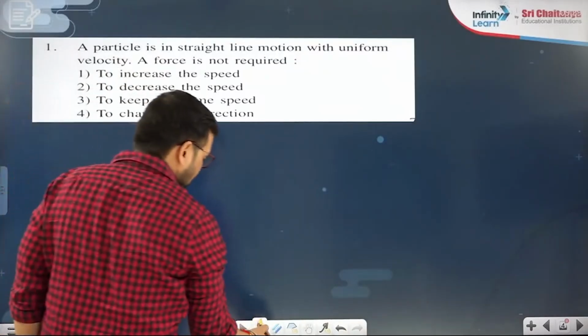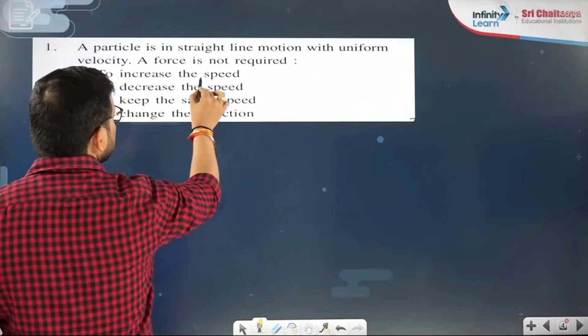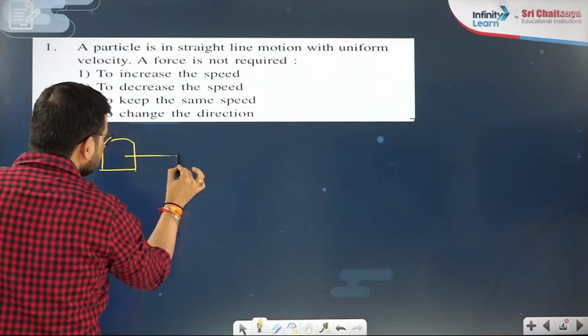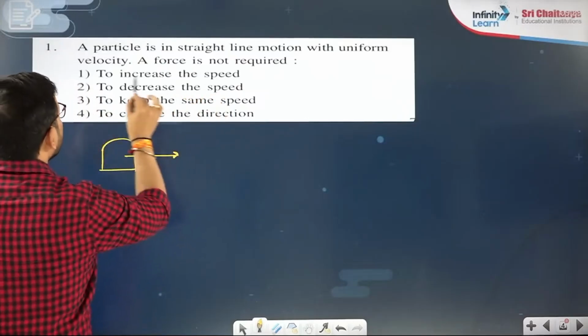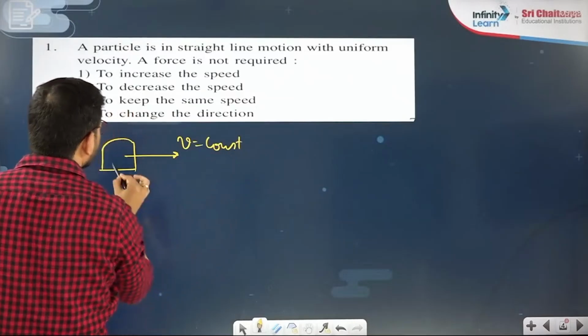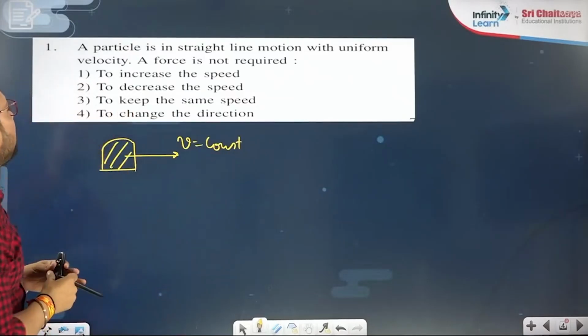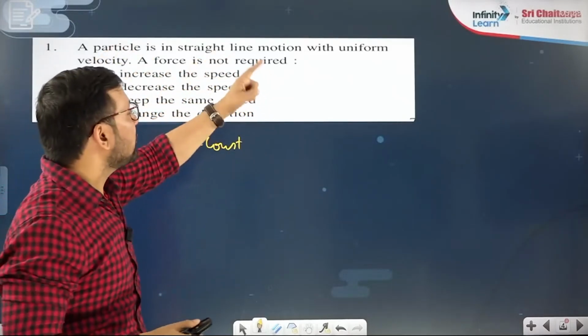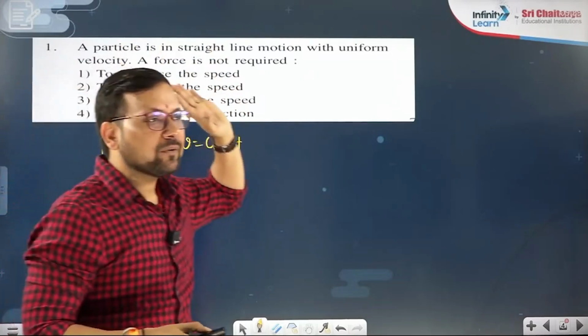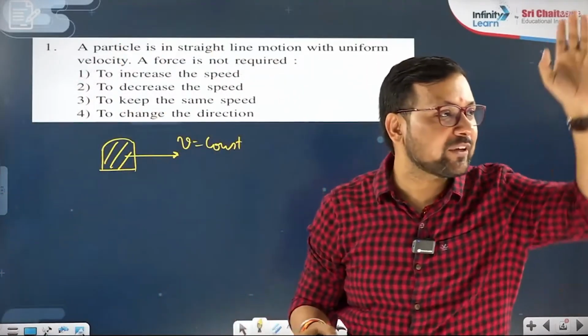I'm reading this question for you. A particle is in straight line motion with uniform velocity. Its velocity is constant. This is the particle. The particle is in straight line motion with uniform velocity. Force is not required to...